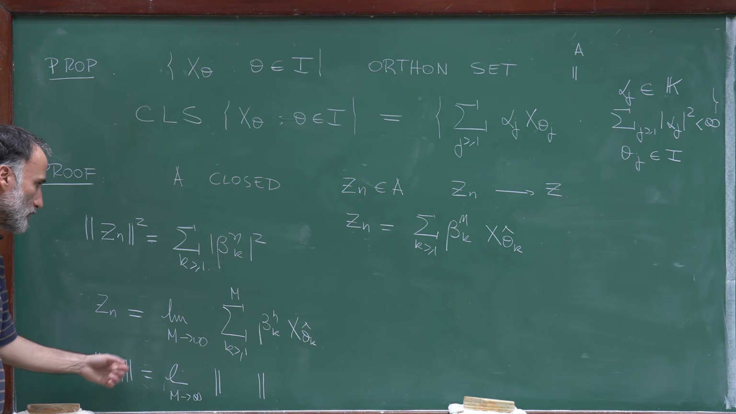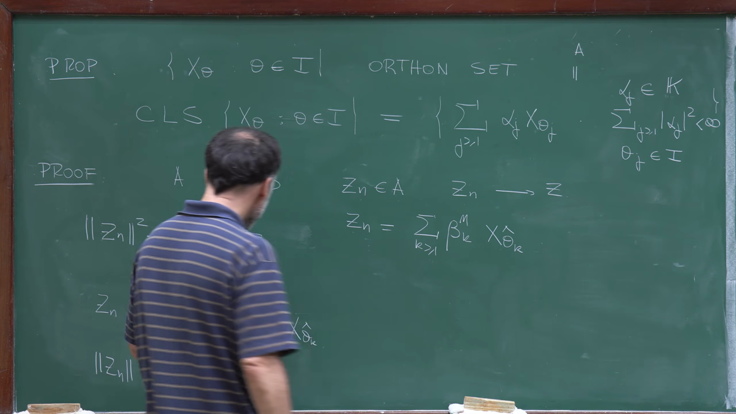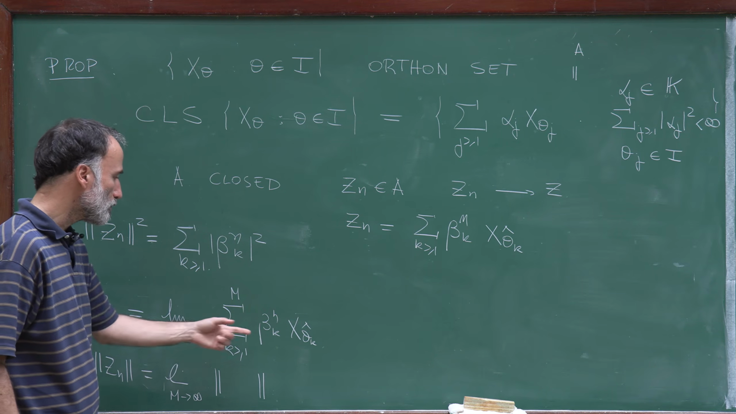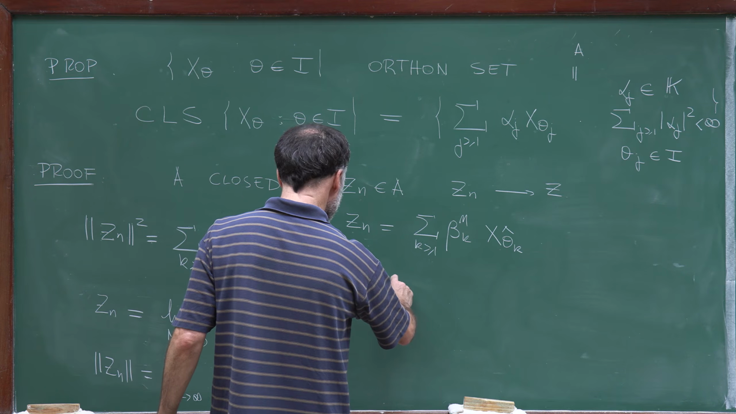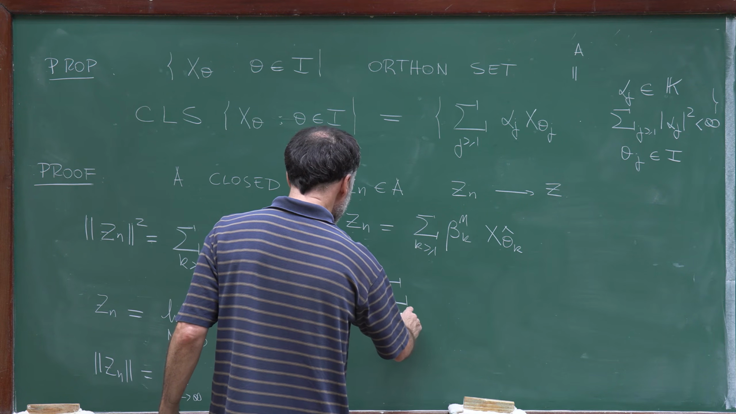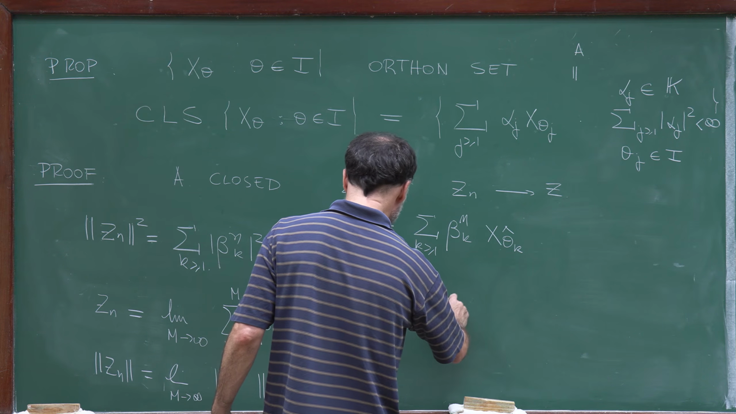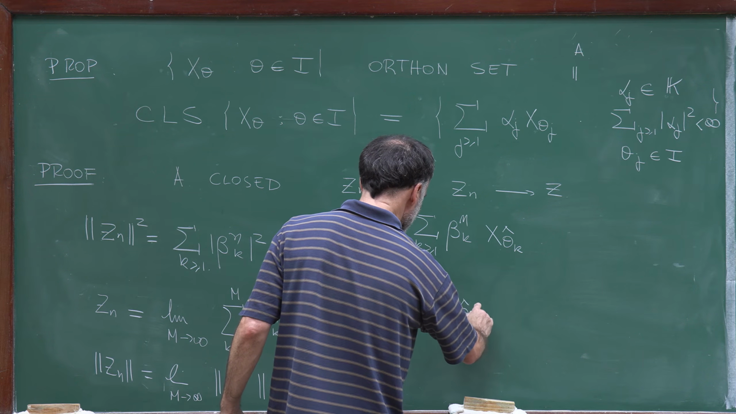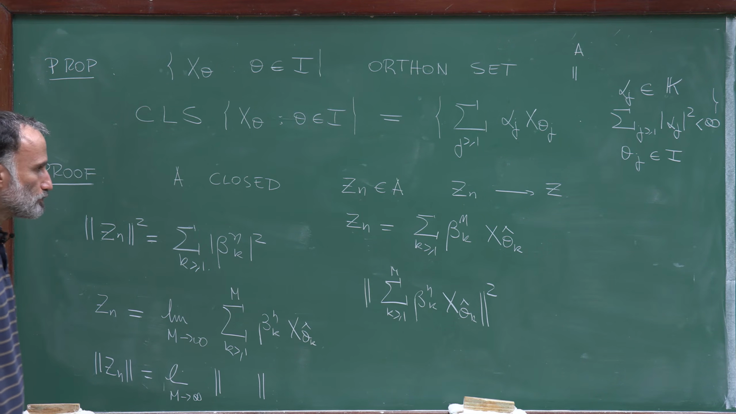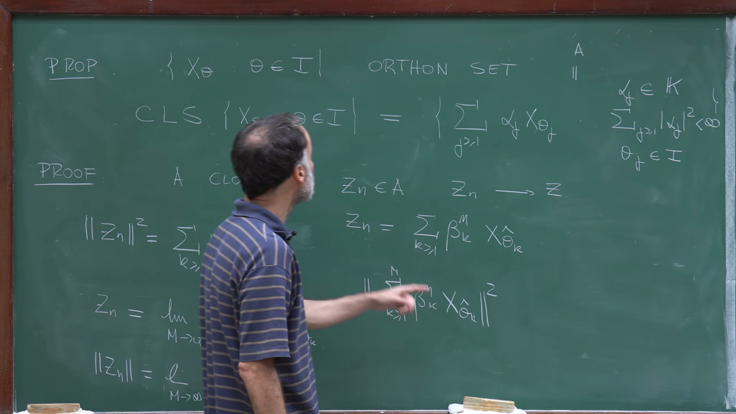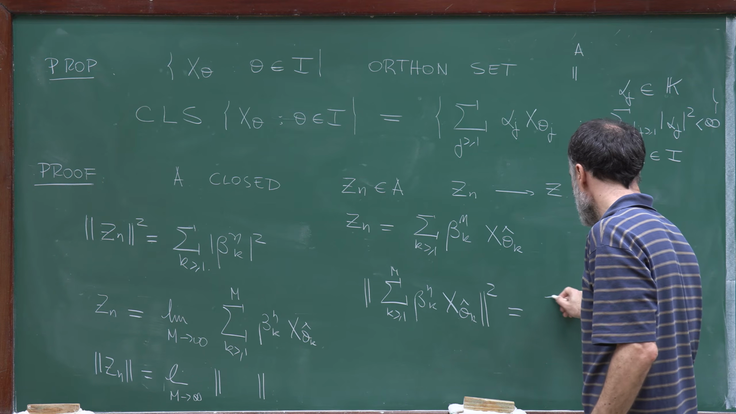Because, well, the norm is continuous. Now let's compute the norm of this expression. Well, we computed it many times, so we proved that the square of the norm of this sum, so the square of these norms, is equal, because x theta form an orthonormal set, to